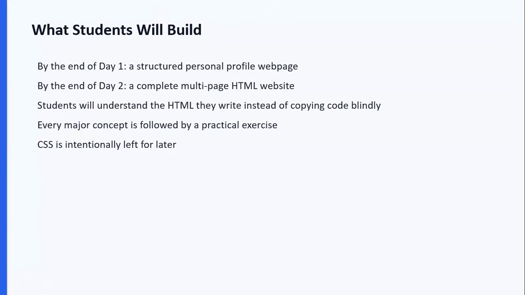So I hope all of you have your Code AI and Web Labs ready. If not, you can start setting this up now. But on the second day, we will complete a multi-page HTML website.